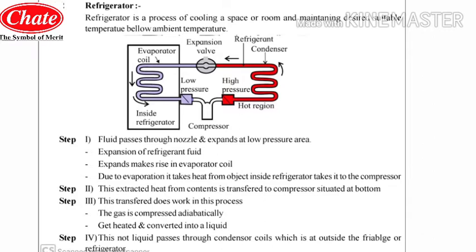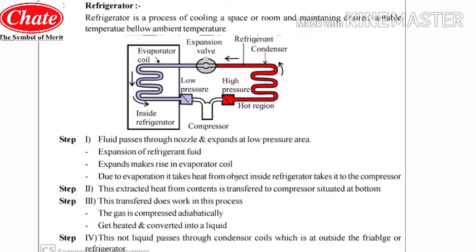Students, you can see the diagram of the refrigeration. In the first section they have given the evaporator coil, inside the refrigerator, and the evaporator coil is coiled. On the other side you can see the refrigerant and the condenser. The evaporator and the condenser are on either side, while the condenser is indicated with red color and the evaporator with pale blue color.